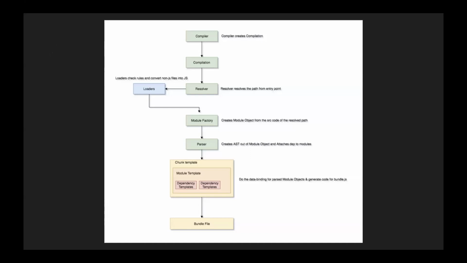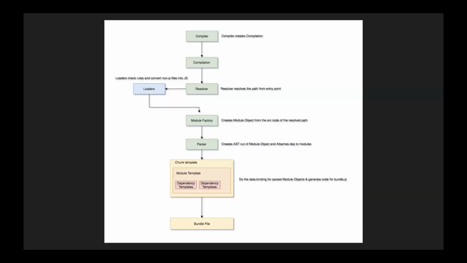So if you see the whole process in the form of a flow chart, which makes it very easy because I've been talking for around 15-20 minutes and half of the things might have flown away. So I can sum up the whole thing in the form of a flow chart. Webpack starts the compilation through a compiler, and the compiler gives you a compilation instance. And after compilation, it creates a dependency graph, and that is being resolved.